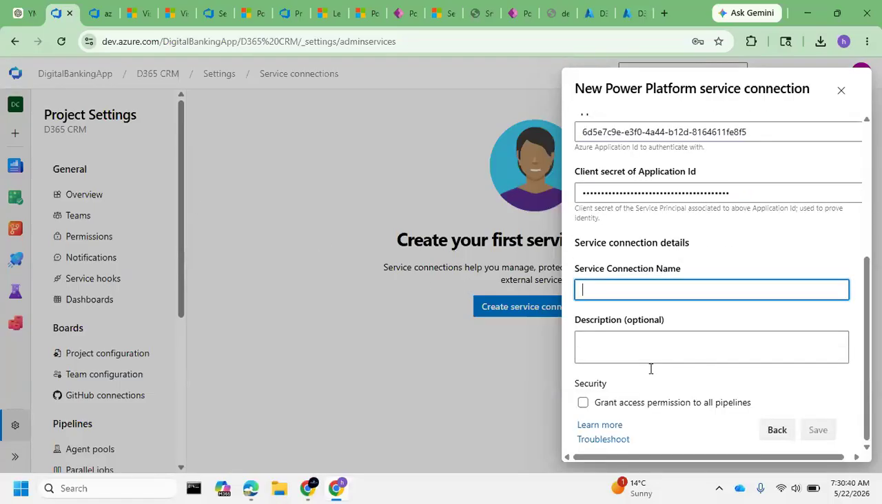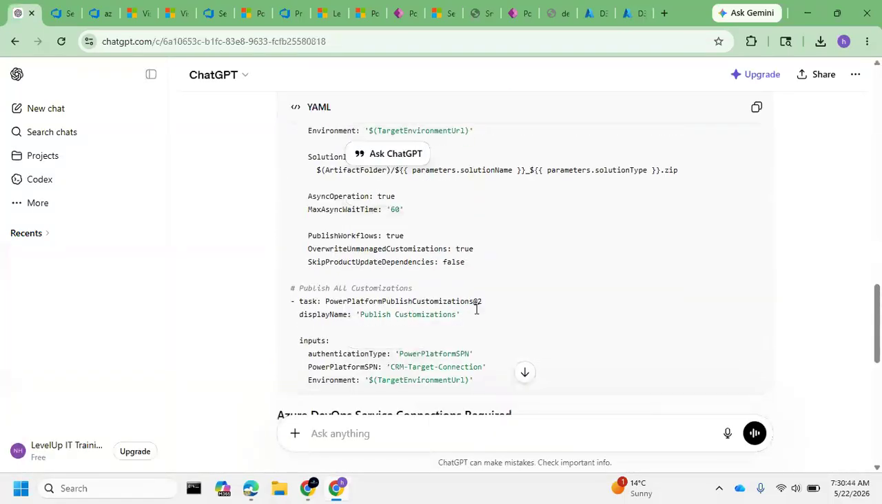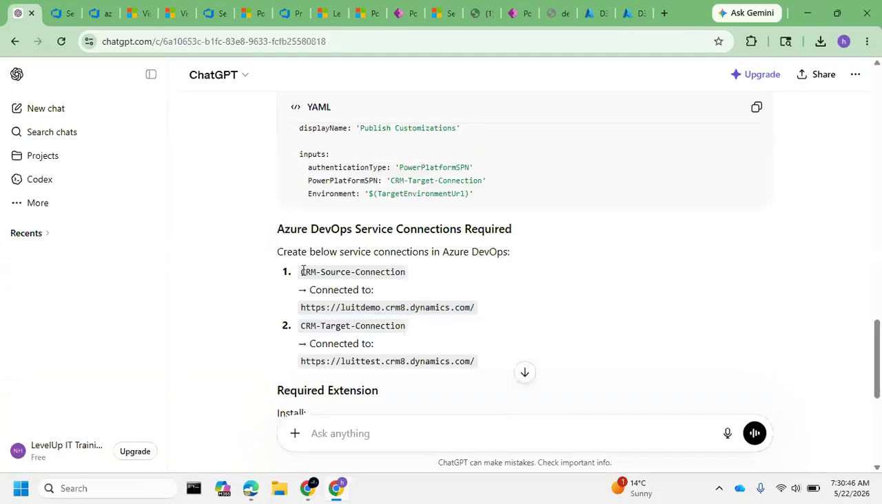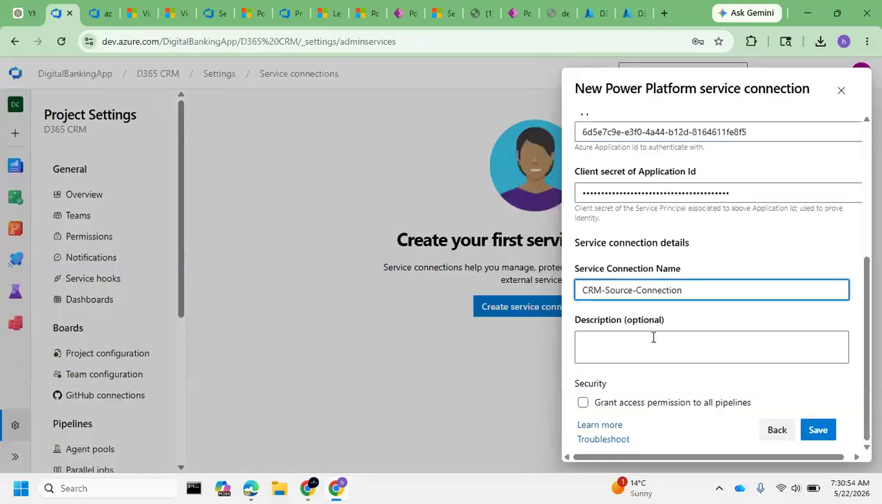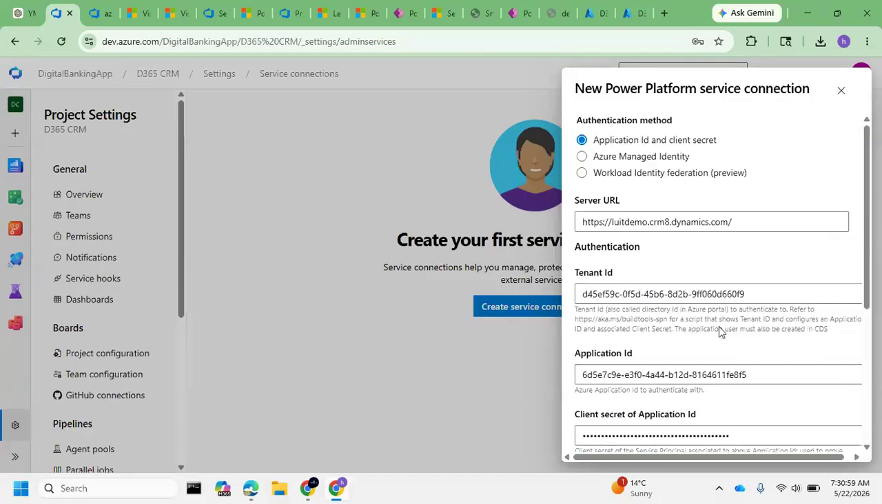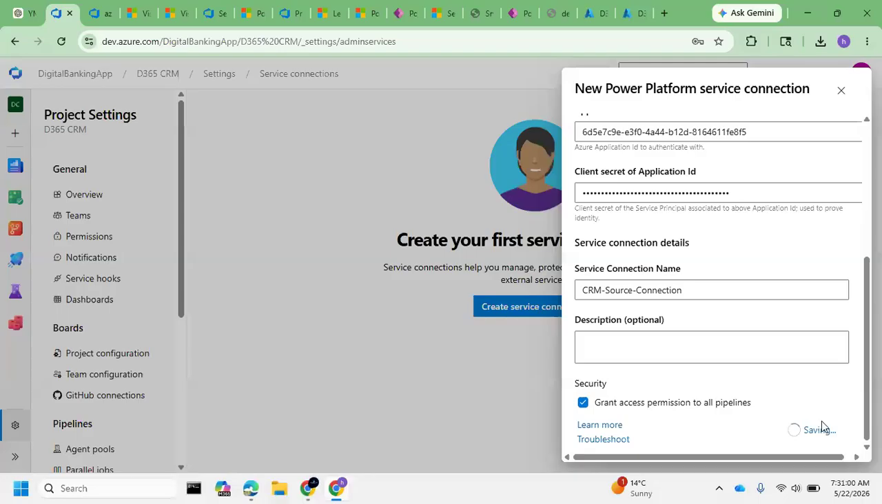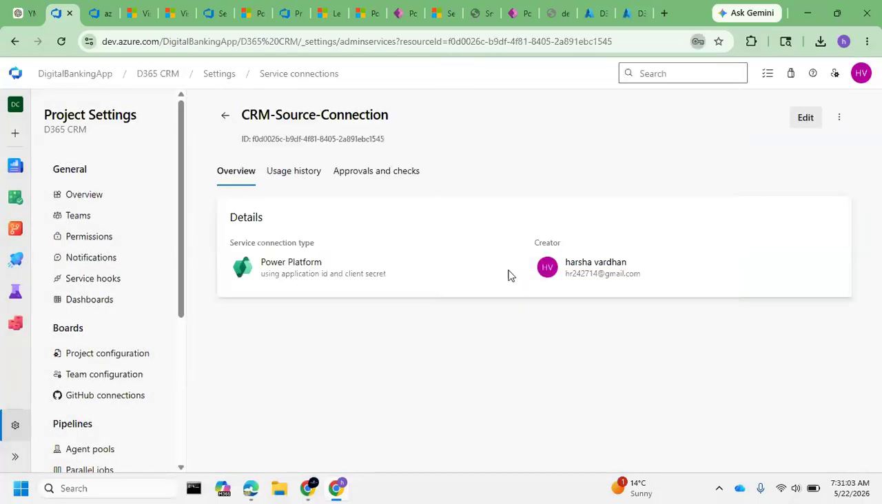For the CRM service connection you can give anything, but in the pipeline you already mentioned CRM. These variables you already mentioned, so you should use the same. Otherwise, it won't identify, right? So I'm using the same names. CRM service connection name. Grant access permission to all pipelines. Save. So one connection is created for